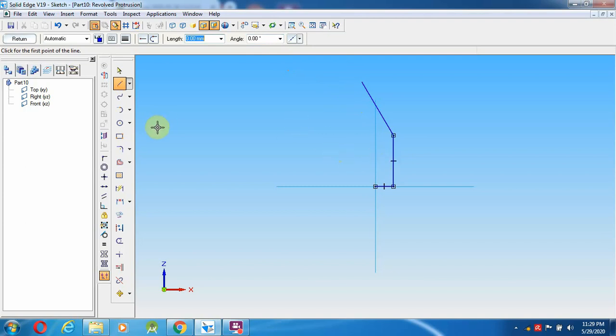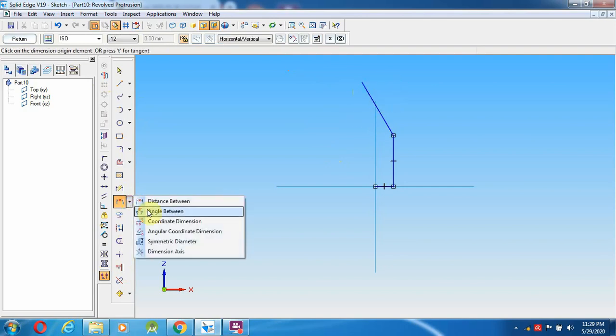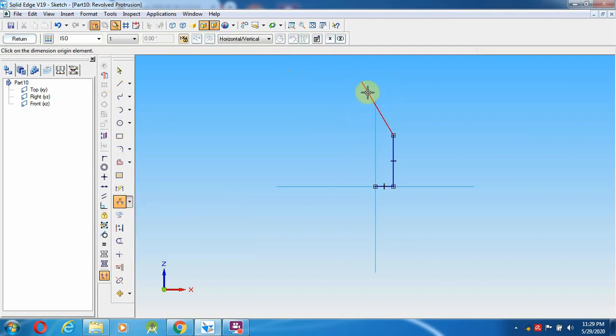Okay, so the angle is coming over here. We will check the angle between this line as well as this. Okay, 30 means the other side is also coming as 30, so we can give it as a 30 angle only.